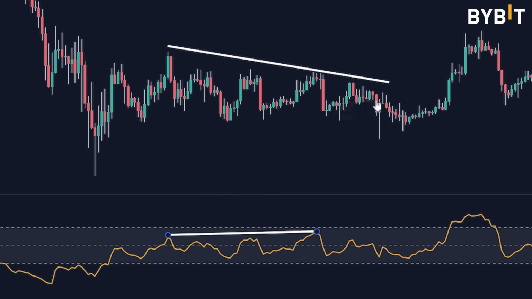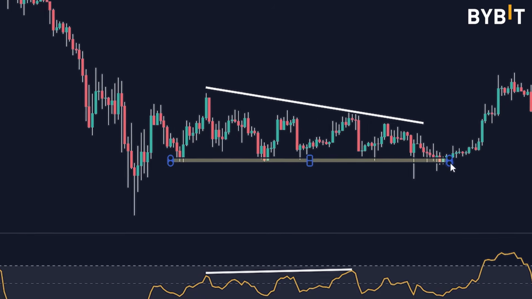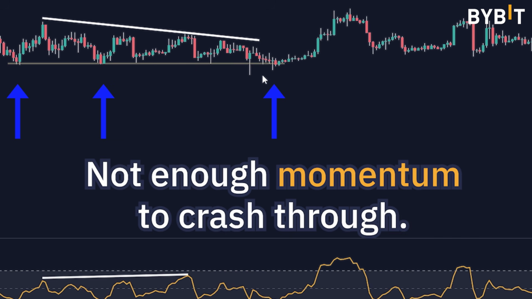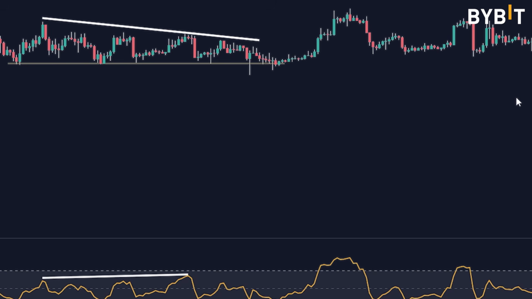Now, eventually prices did drift down and broke through this support level. It didn't break it by much, but eventually we did see prices push down through this support level, but still not enough energy for it to break down. But that could have been our initial clue. There was still some weakness out in the market as the market continued to drift sideways.